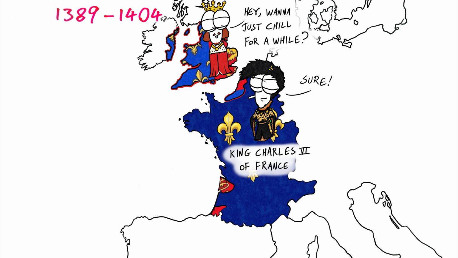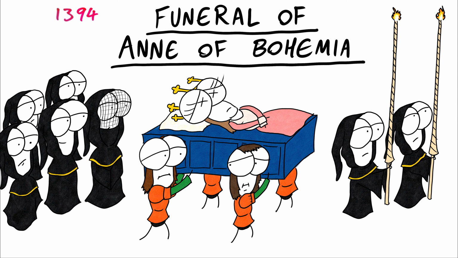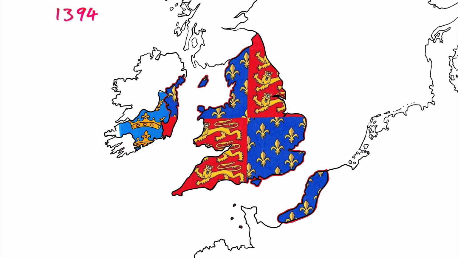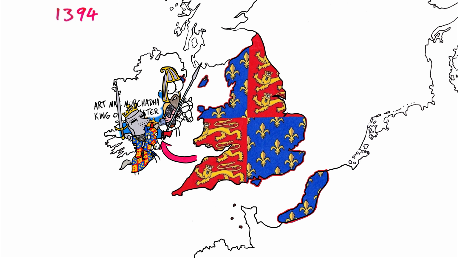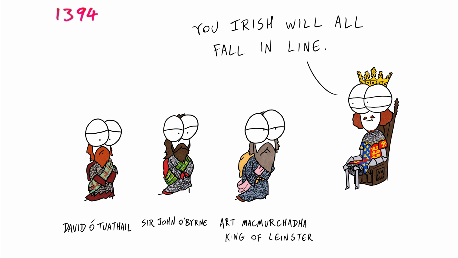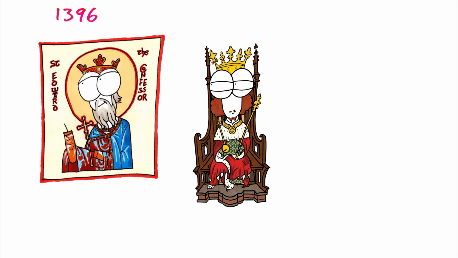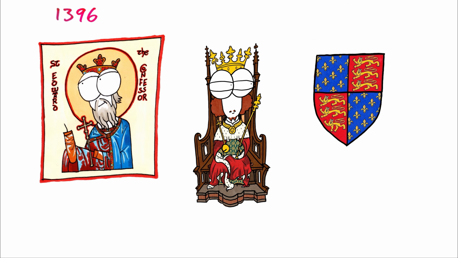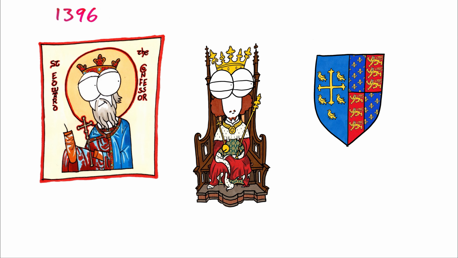taxes. Over the years, peace talks with France would ensue, and sadly, Richard's wife, Anne, died of plague. Richard took a force of 8,000 troops to Ireland to reinforce the loyal Anglo-Norman lords and got several Irish chieftains to submit to English lordship. Yay! Richard was a devout Catholic and big into the veneration of Edward the Confessor, adding Edward's coat of arms to his own royal crest.